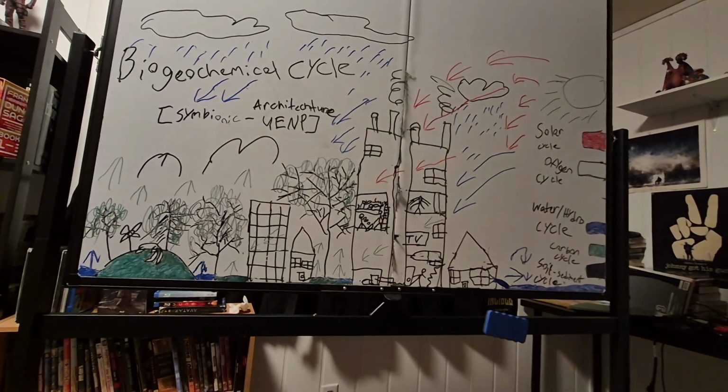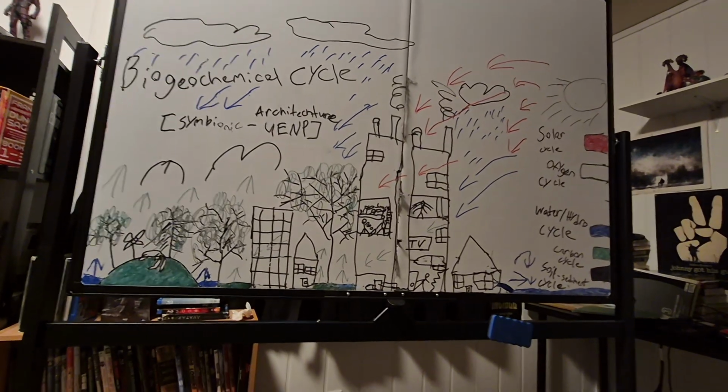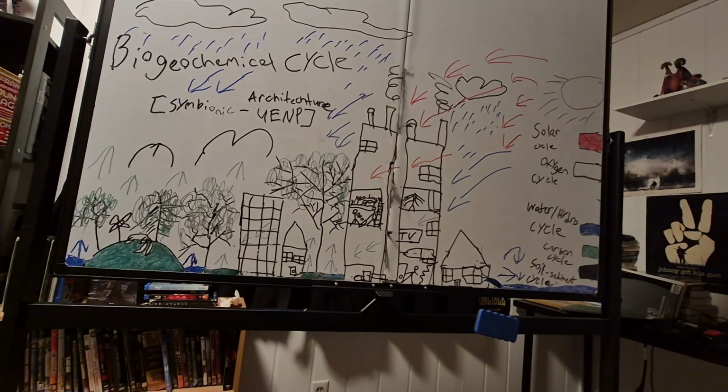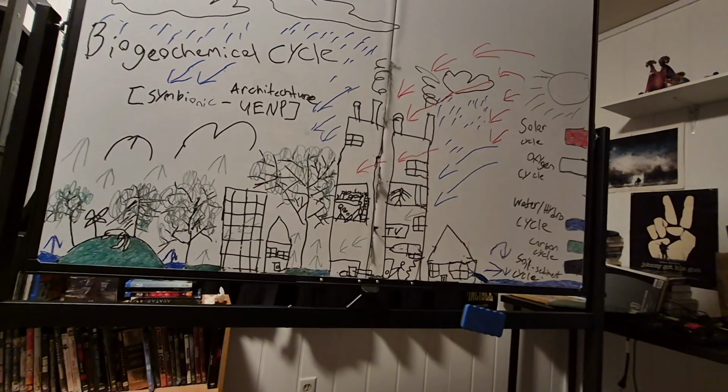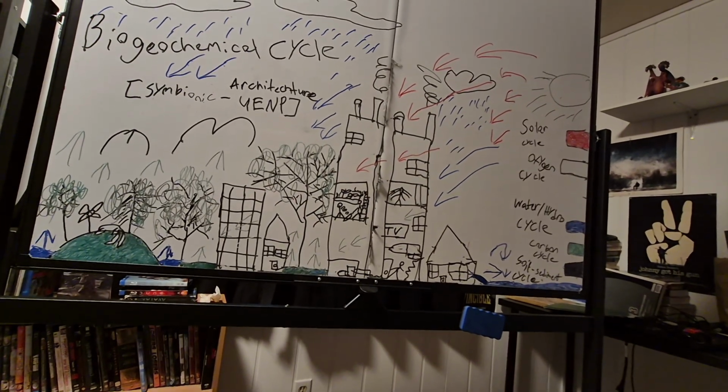Ideally, over time, if you were to fly over a future symbiotic or urban ecological niche prosthetic city on a bird's eye view or a plane, other than, as I said before,